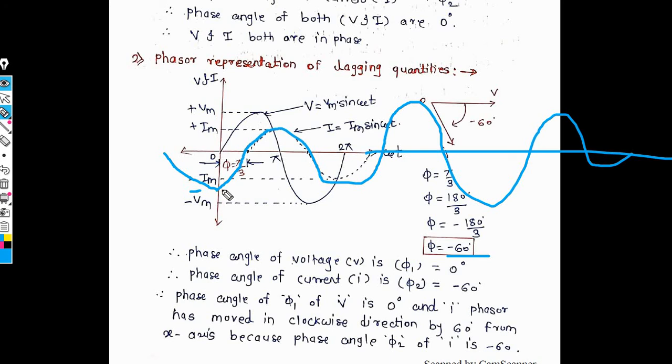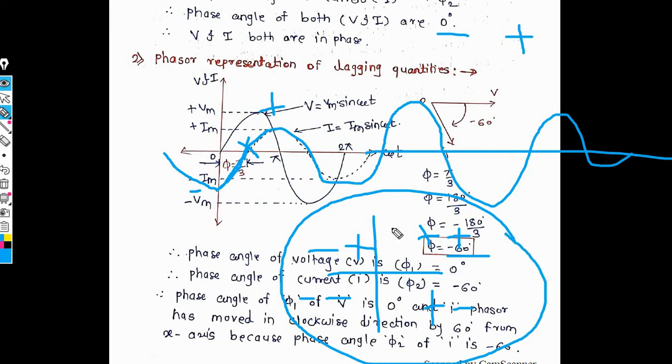That means this waveform will start from this point to this point, but after this point the waveform is positive. Now this is the concept of phasor representation, and negative angle and positive angle will depend on quadrant operation. That is positive, positive, negative, negative, negative, positive and positive, negative. This whole concept is very important in phasor representation of lagging, leading and zero phase quantity. This is a very important concept in AC fundamentals.